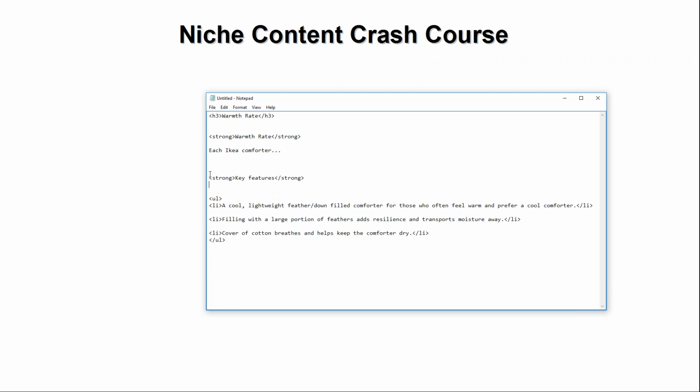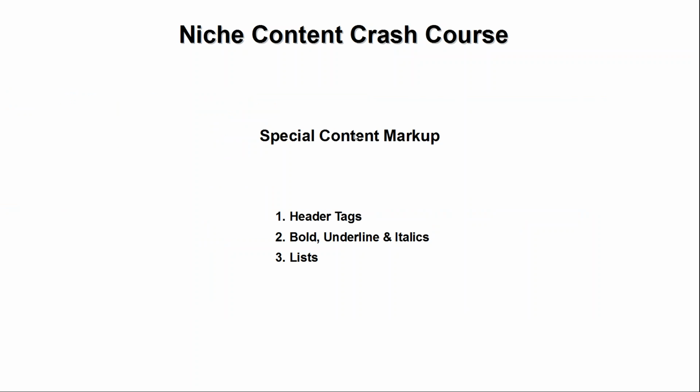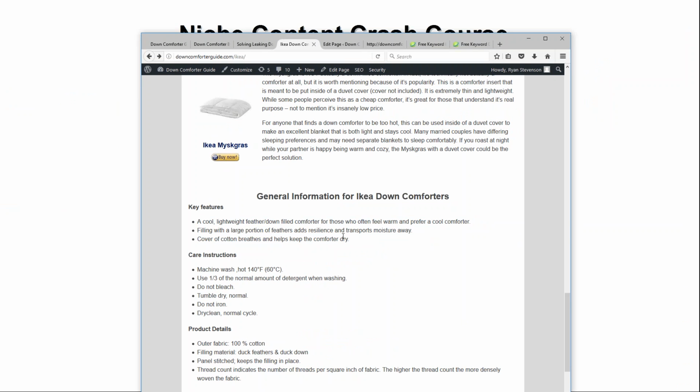All of this here is exactly what creates this right here on my page. So it's just a way of taking what would ordinarily be basic text, a couple of sentences, maybe a paragraph of text or something like that, and breaking it down to where it's a lot easier to read, especially when all of this information has a direct relationship to where it can be laid out in a list format and it simply makes sense.